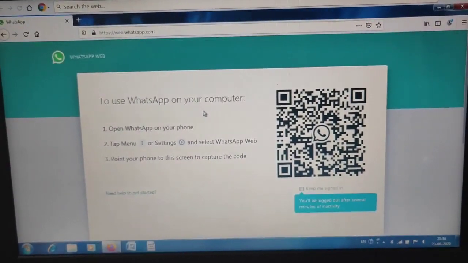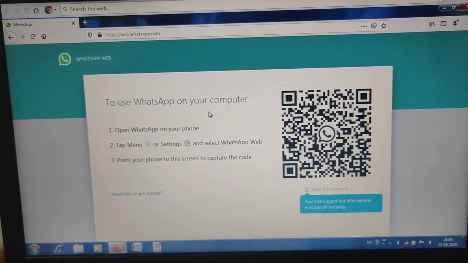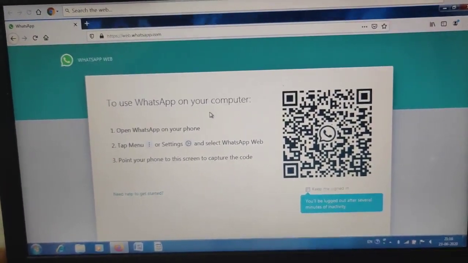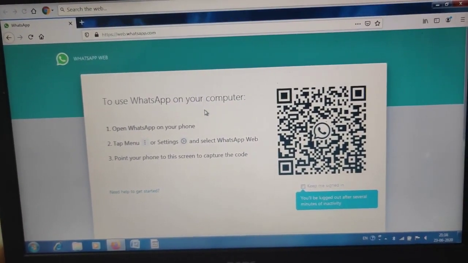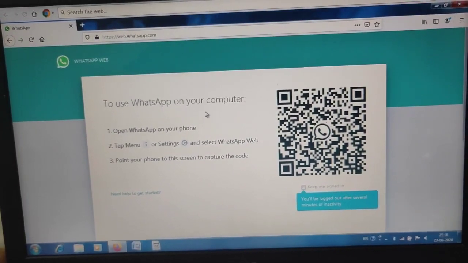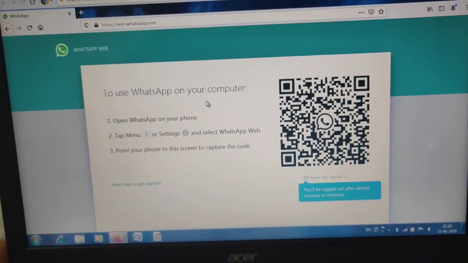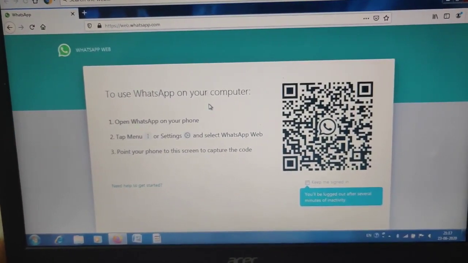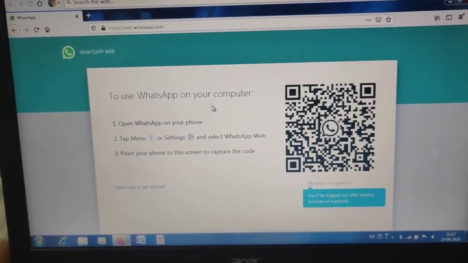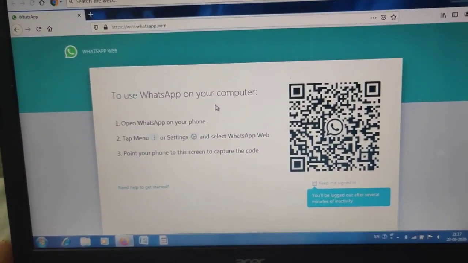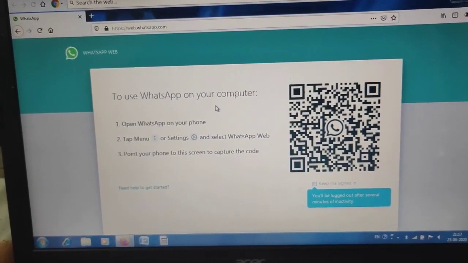When you open WhatsApp, there is an option called WhatsApp Web. In older versions you may get WhatsApp Web after going into menu, then going into settings, but if you have updated WhatsApp to the latest version, you will directly get the menu option, and then you will directly get the WhatsApp Web option. After going there, you will be able to see a code. That code is on WhatsApp Web in your mobile phone, and this code will be on your laptop after going to this particular site.